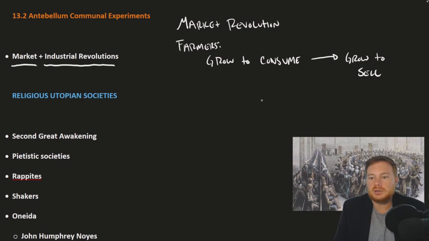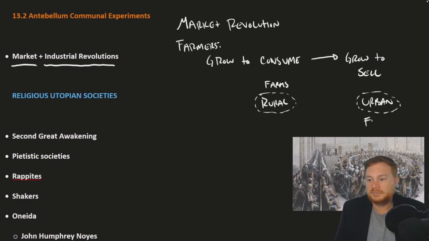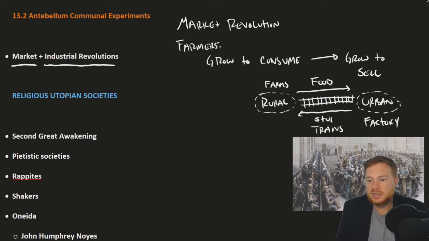It creates an economy within the United States, where you have the rural areas, and of course, in the rural areas are the farms. And then, of course, in the urban areas, we have the rise of the factories, the mass production of goods, and linking these communities together, and this is what makes the market revolution possible, are railroads, right? So we might say trains are sort of the missing link here. And so, farmers then provide things like food to the cities. They get money back, and in exchange, they can just pretty much buy stuff. So it's kind of the emergence of this internal economy. So they're related to one another, but they're affecting different parts of the country. We'll just go ahead and mark off this illustration here as being what happens in the market